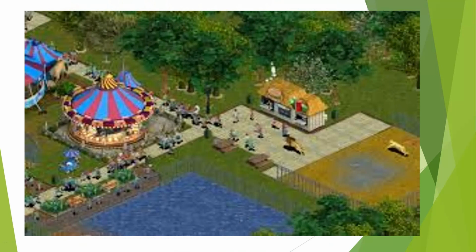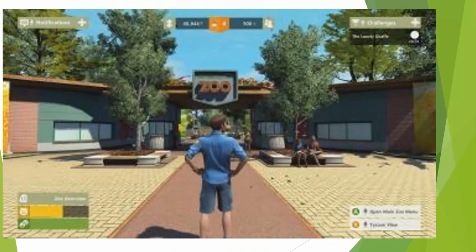Another example we can see from the video gaming experience. This is a scene of the Zoo Tycoon 2 game, where we can build an amusement park, where we can build zoos virtually. This is the bird's eye view of the zoo right now, but there is a mode in this game where we can also see our zoo just like the guests of the zoo can see it. This slide is showing that mode.